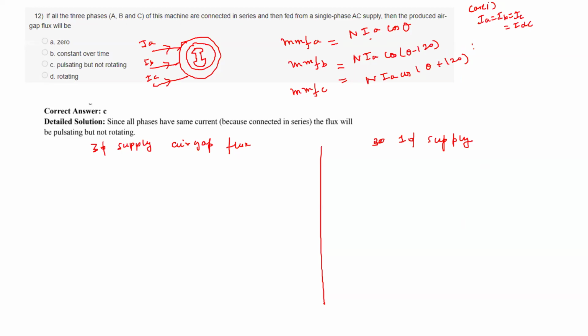So you will see that your MMF for DC currents will be N IDC cos theta. MMF for B phase for DC current will be N IDC cos theta minus 120, and MMF for C phase will be N IDC cos theta plus 120. So if you add the MMFs for the DC currents, the total MMF in the air gap